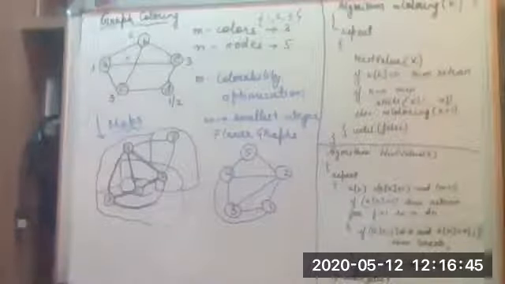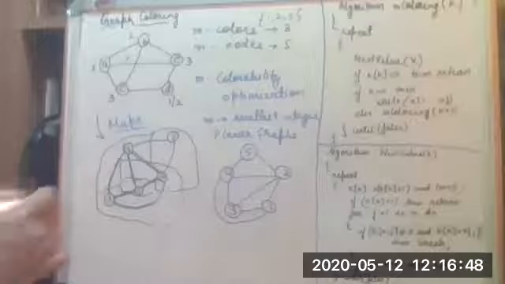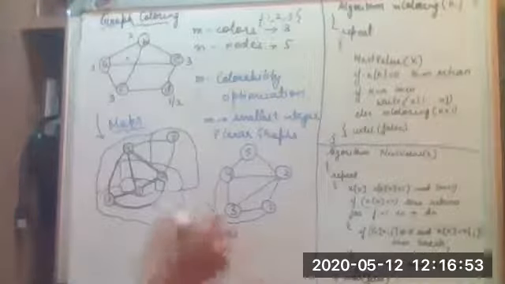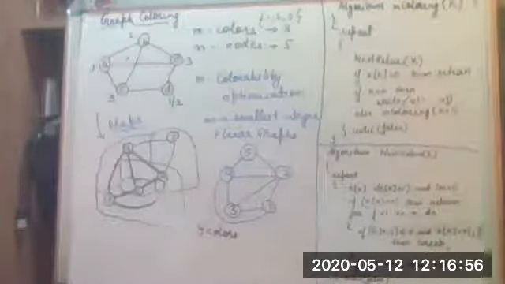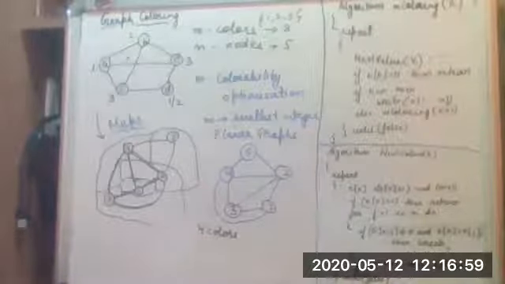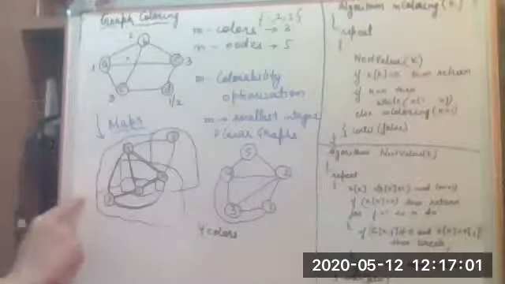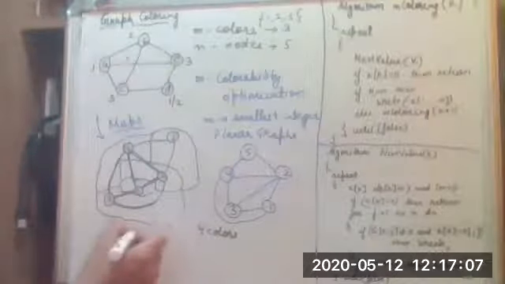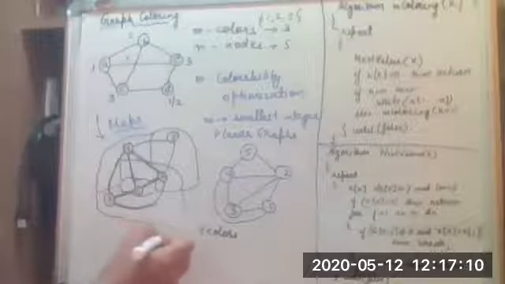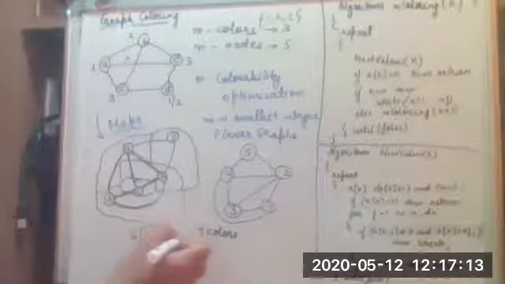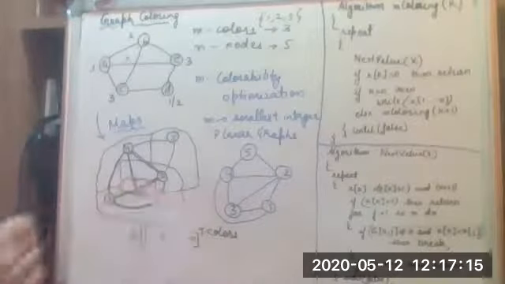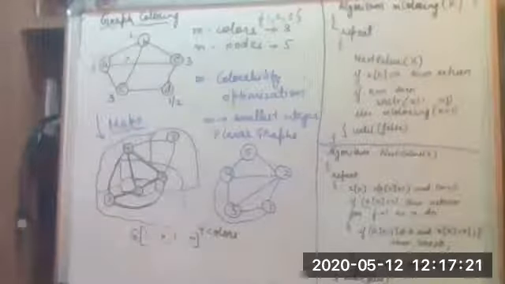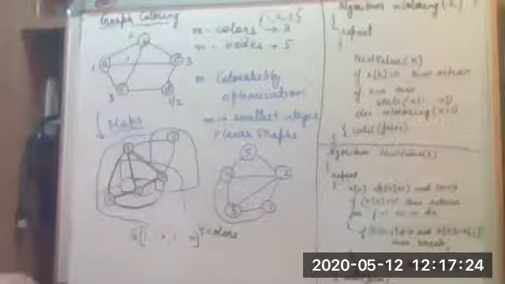So for such planar graphs, what they say is that 4 number of colors are sufficient to color any map that we have. Yes, and for coloring this, what we use is the adjacency matrix, which is given as G of 1 to n, comma 1 to n. Right? And the state space tree that we will have has a degree of m and the height of n plus 1.